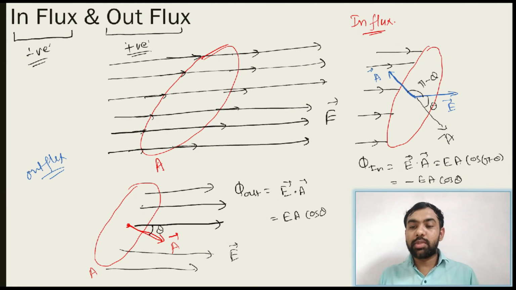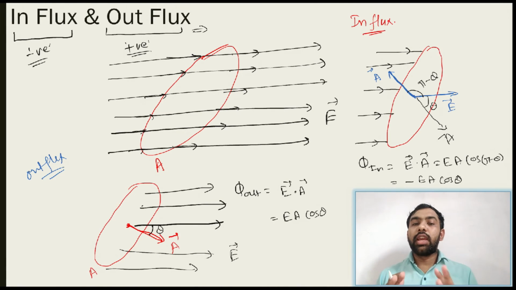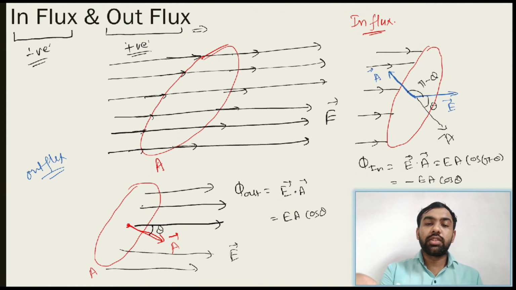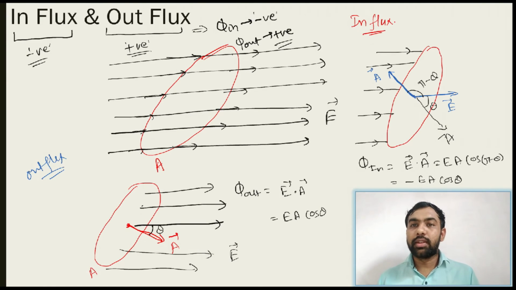For three dimensions, I am just giving some idea, but this concept is used for any body which has some area, and this body is in three dimensions. We use these figures: phi in negative and phi out positive. So we use this method; the flux is given a sign this way. All of you note this, then after we go to the next one. Note it. Let's see the next one.